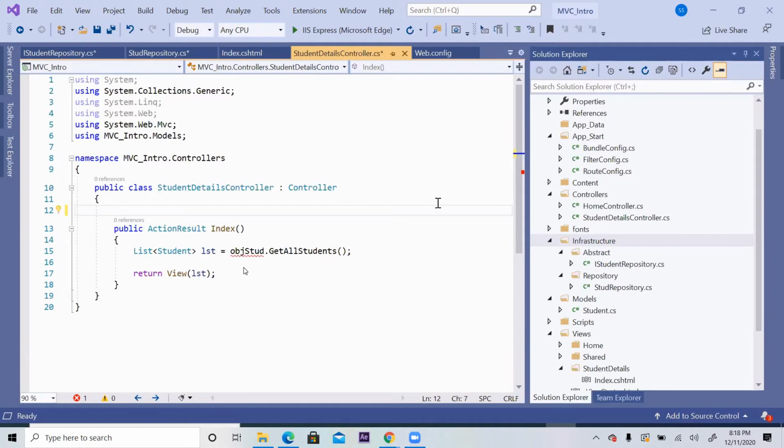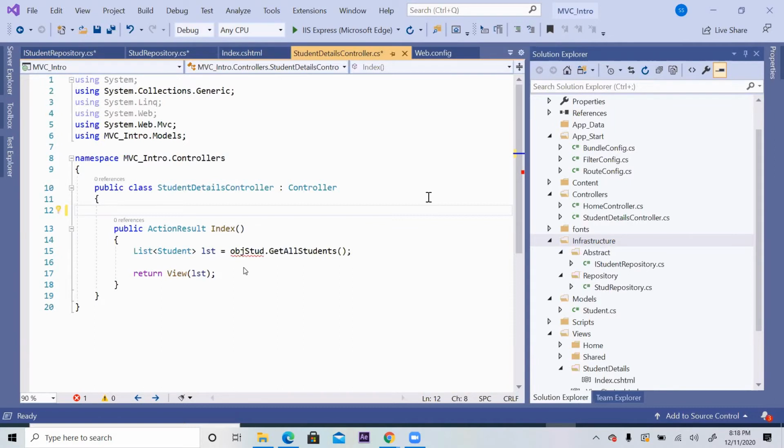If anybody might have forgotten, you must revisit the abstraction chapter in C#. Very, very important. In everyday life, you will be using abstraction. How to use an interface, how to create an object using the interface, how to call the function when you use an interface, all those things you have to revisit.